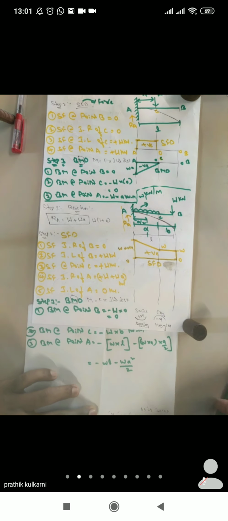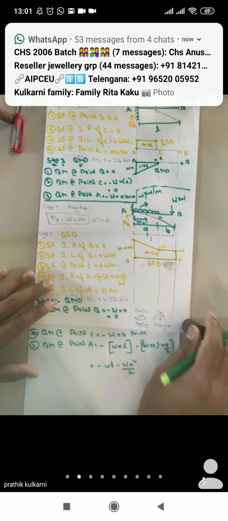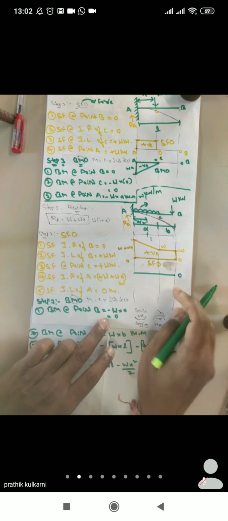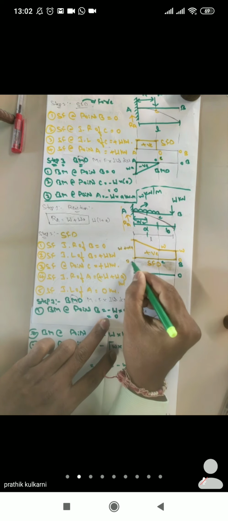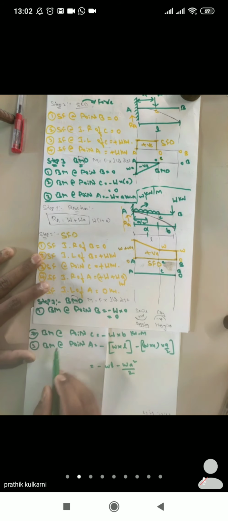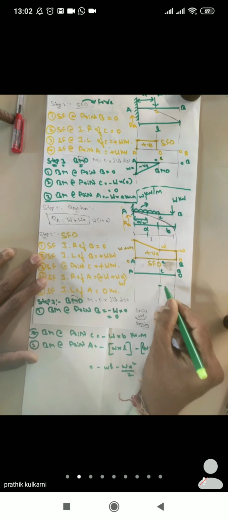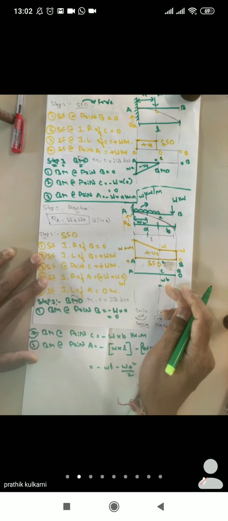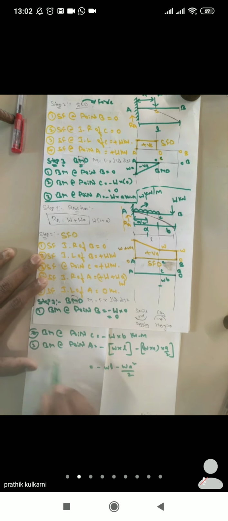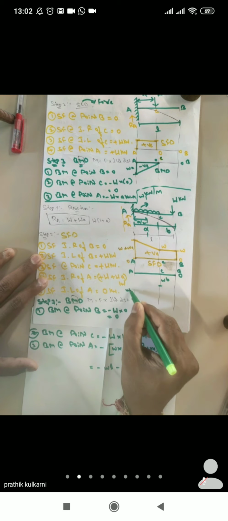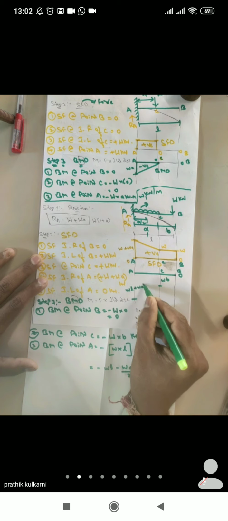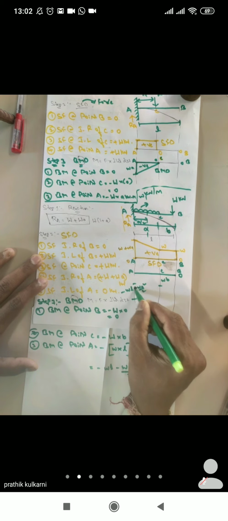Now let us draw the diagram. If you see the diagram of your bending moment, at point B the value was 0. This one was point B, this one was point C, this one was point A. Same A, C, and point B. So at point B it is 0. At point C we have some loading, but it is minus. So we have WB. Minus, as I said, should be below, plus should be above. Similarly, at point A it is WL, minus is already there, plus WA square by 2. So minus and minus, if you want to write minus and minus, there is no problem.